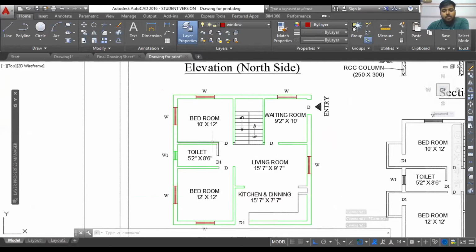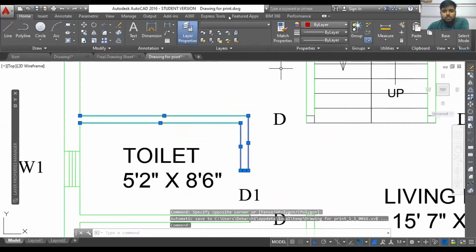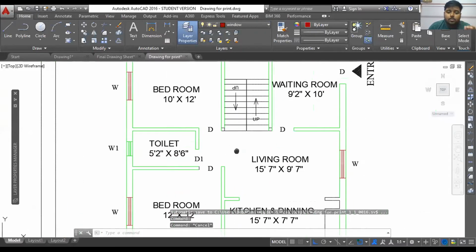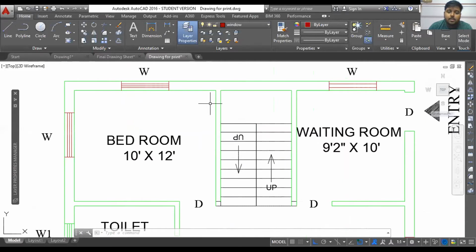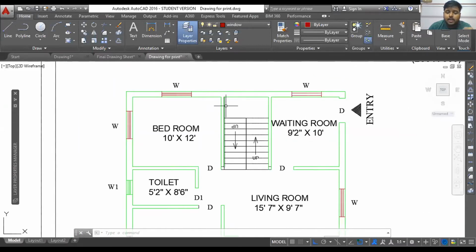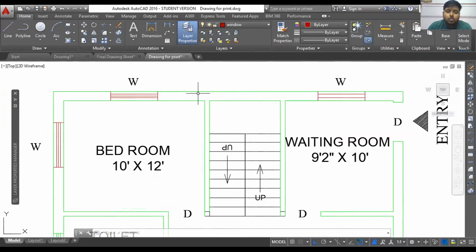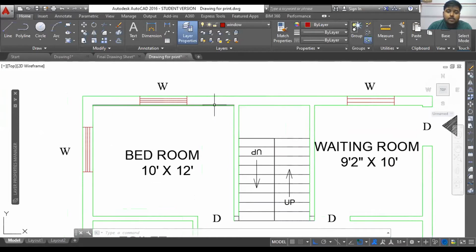One more important thing is there. Whenever you are doing something within a layer, there is also one more advantage. Let me show you that. For example, for all the wall elements, you can also make two different layers for walls. One is the interior wall, that is the 5-inch wall, and another is the 10-inch wall. You can do that also. That will be better, and more convenient when you are working with a big plan or a complicated drawing. So one more advantage is, for example, this is the wall line.